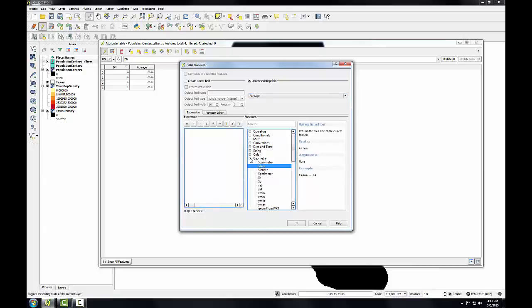So I'm going to expand the geometry column and double click on area to put that in my expression window. I'm going to use the multiplication operator, and here I need to put in the conversion factor. When it calculates the area, it's going to be in coordinate units. So if our expression was simply area, it would calculate the square meters of these polygons,